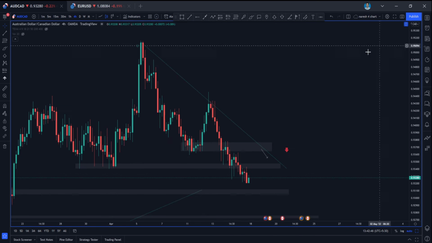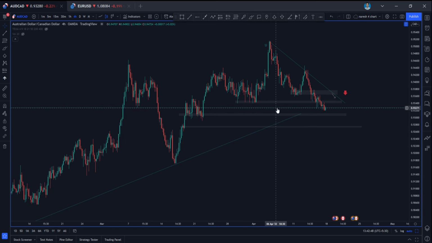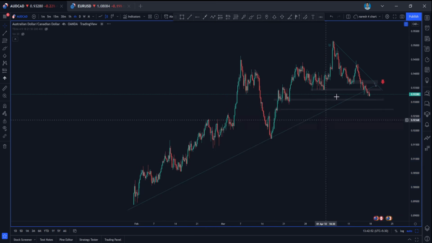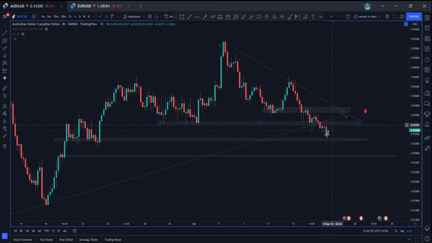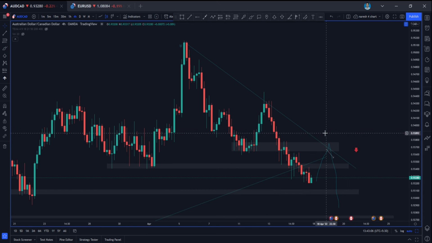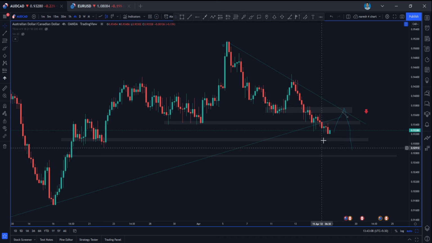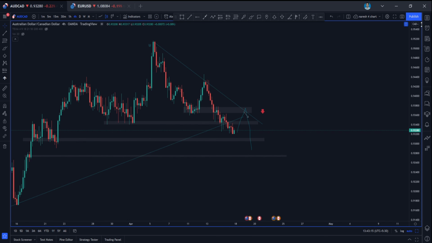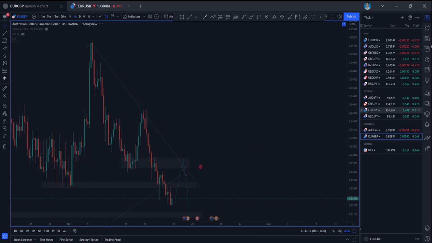So next would be AUD CAD. AUD CAD in the 4-hour time frame also is bearish. It is near an important support area, but it is not able to hold this level. It is moving back down. What I'm expecting is a pullback to this trend line again and a drop. It's a very good opportunity, guys, and if this trade comes out, it will be a super good trade, and it can even continue down to this level or this level. So that would be for AUD CAD, and next would be Euro GBP.